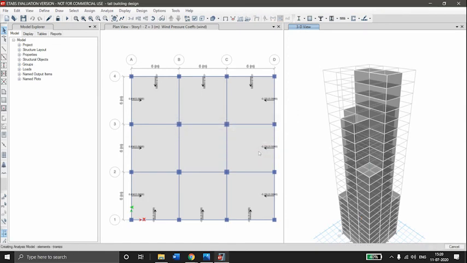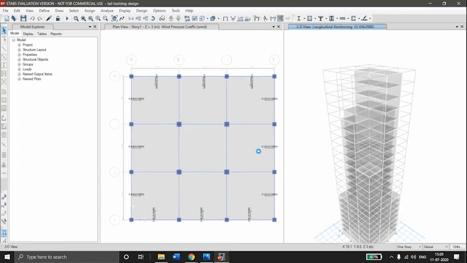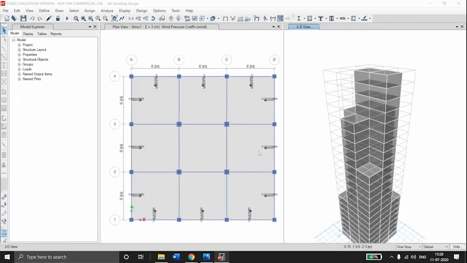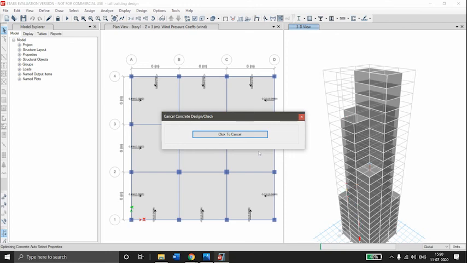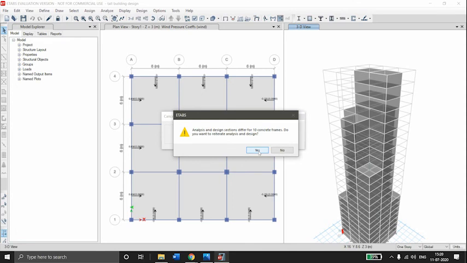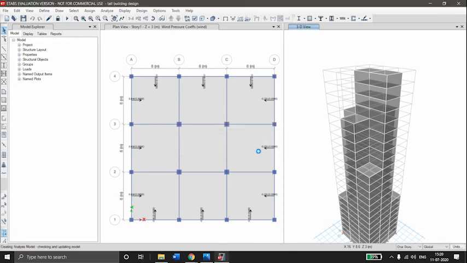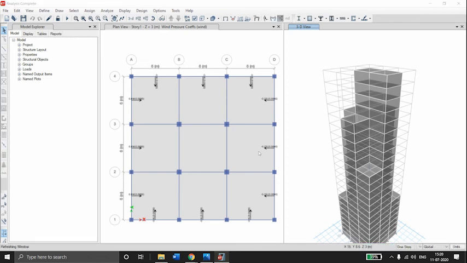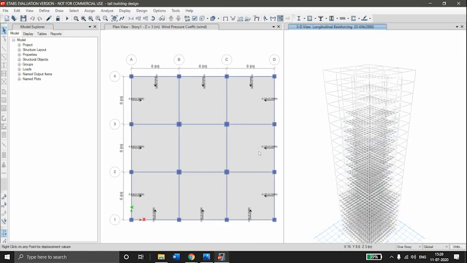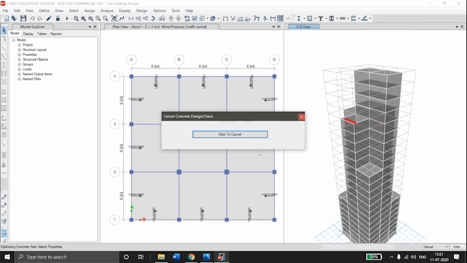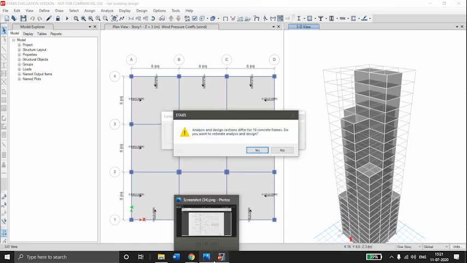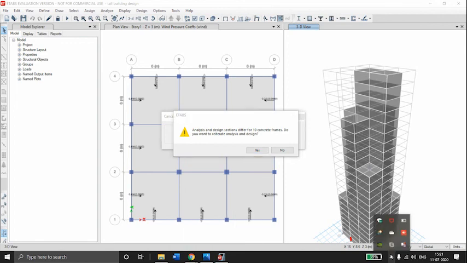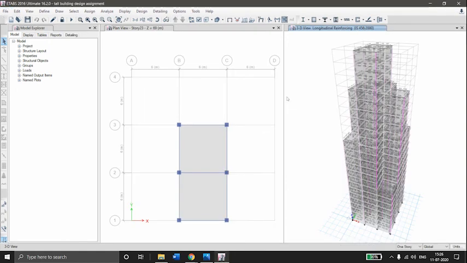Select yes. So the design results are here.